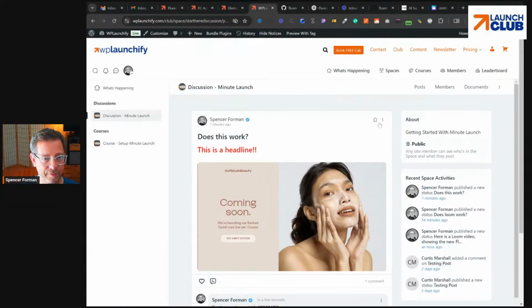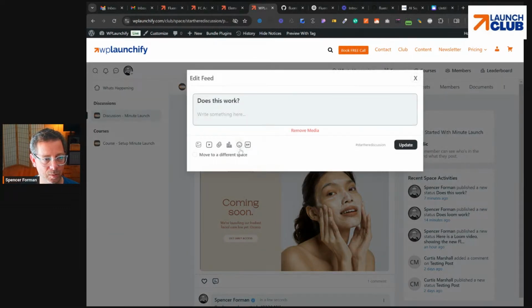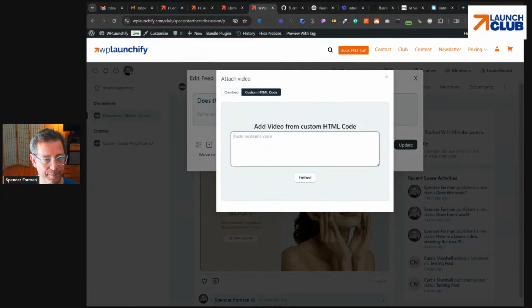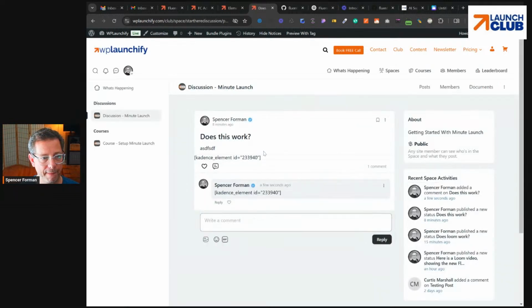Let's see if we edited here, whether a shortcode would work with this HTML embed. I'm pretty sure it will not because, yeah, oh, I don't know. Let's see, testing. No, it's just plain text. All right, let's delete that. Or no, we'll just edit it on the back end.